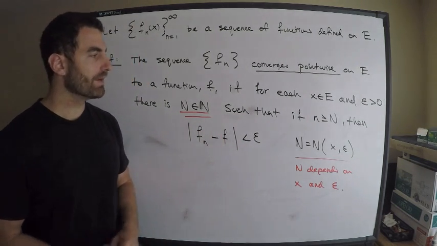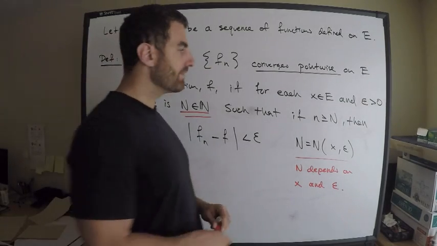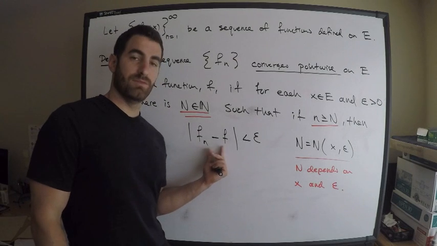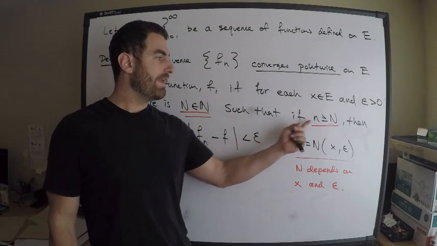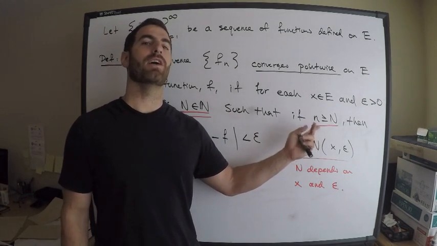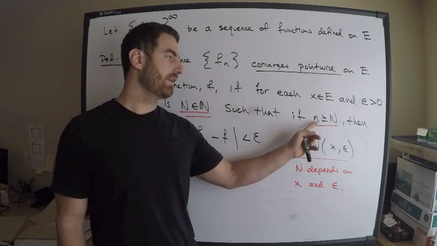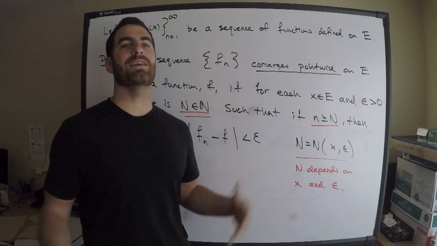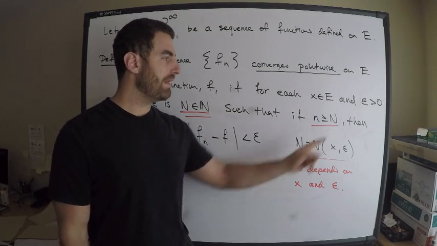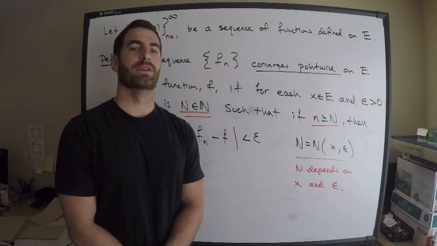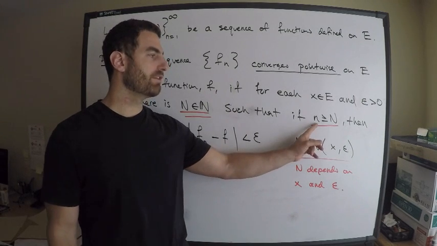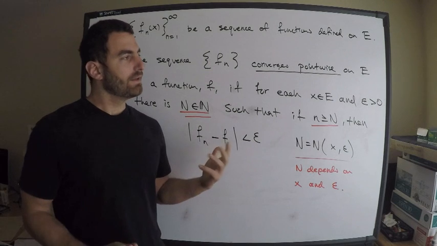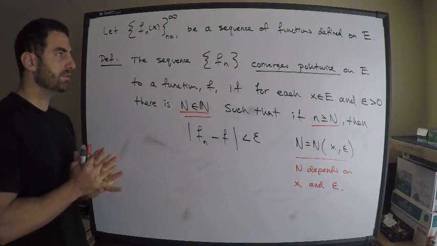One other thing I want to point out here is that it's important to remember that we only need this distance to be small for an infinite number of values of little n. In other words, this doesn't have to be very small for any finite number of terms. I mean, this capital N could be like 100. There's still going to be an infinite number of terms of little n that exceed 100, because this little n is going to infinity. I hope you see what I'm trying to say here. All right.